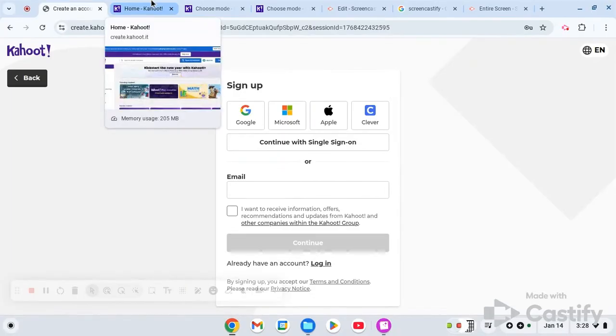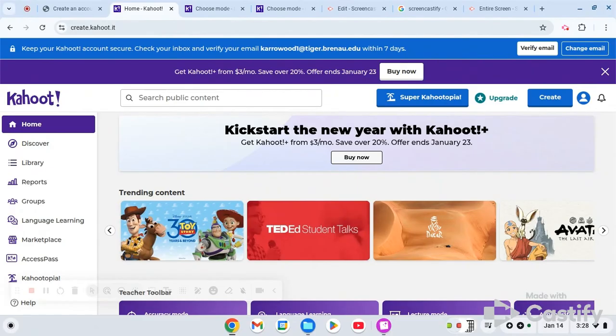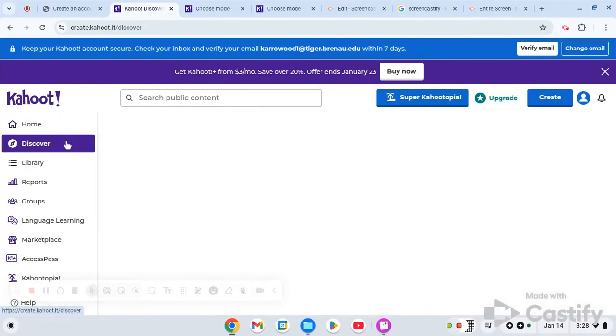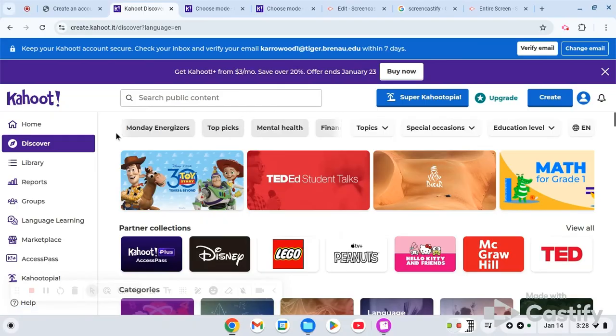I already have an account, as I mentioned, so I'm going to move over to this tab. When you get logged into your account, it's going to bring you to a page that looks like this. It's got your different categories within the website that you can go to. I'm going to briefly walk you through some of those before we get started on making our own Kahoot. So if you go to Discover, this is where you're going to find those pre-made resources that you can use